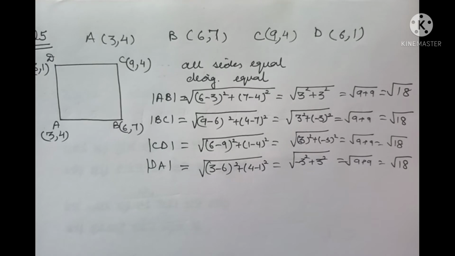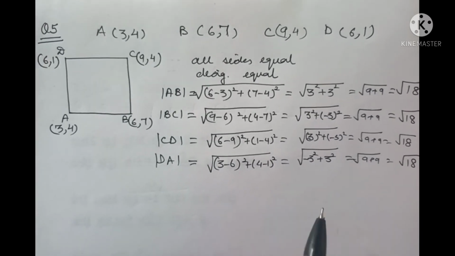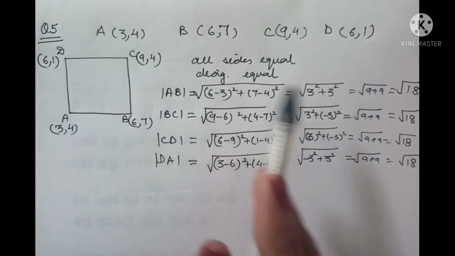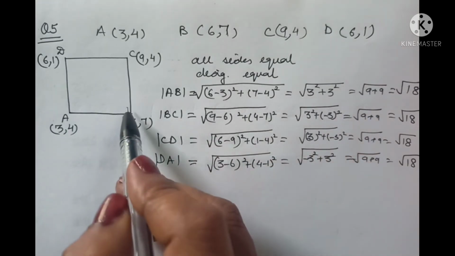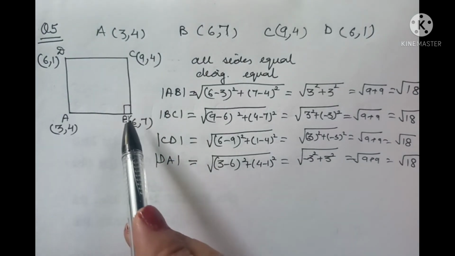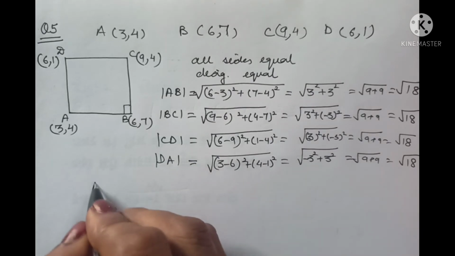Now since all the 4 sides are clearly equal, it might be a rhombus, it might be a square, so we must make a diagonal check as well. There are 2 methods. Either you find out AC and BD, and if the diagonals are also equal it is a square, or you find out AC and apply Pythagoras theorem to show that angle B is 90 degrees. The second one is definitely longer, so we shall do the first one. Let us find out AC and BD.